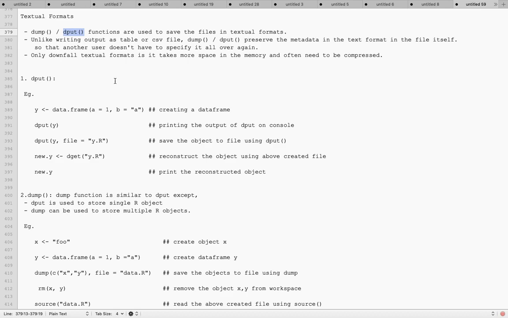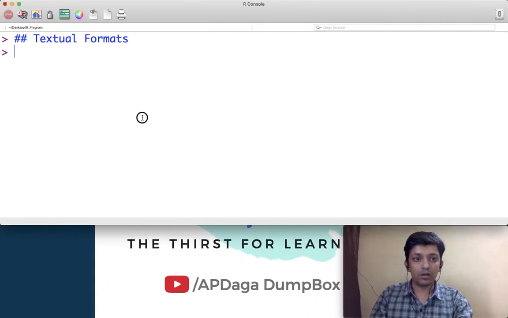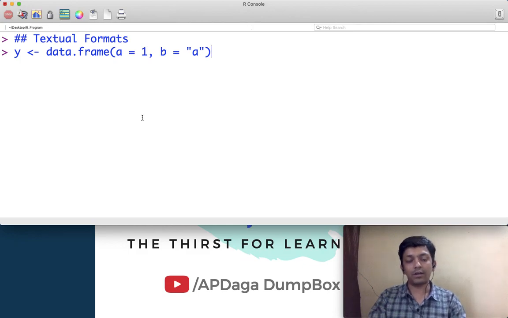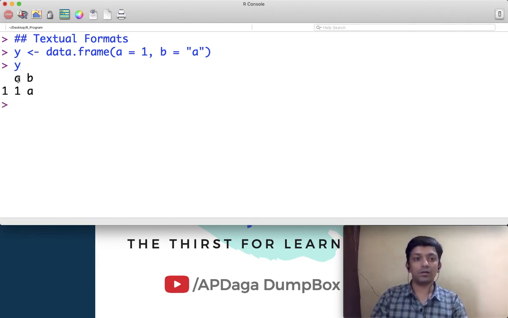Okay, so let's start using the function dput, how we can write into textual format. I'll create a data frame y, and I'll print it so that there are two columns A and B and one row in it, right?